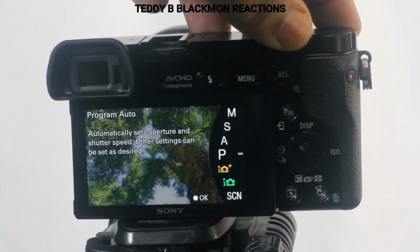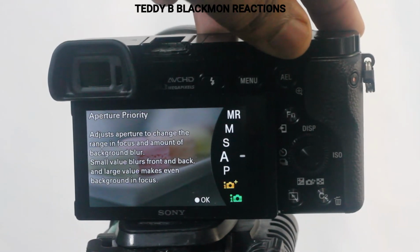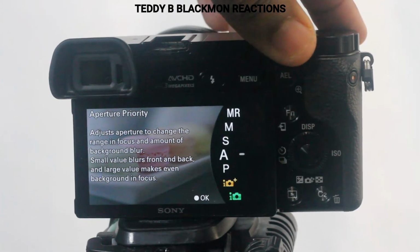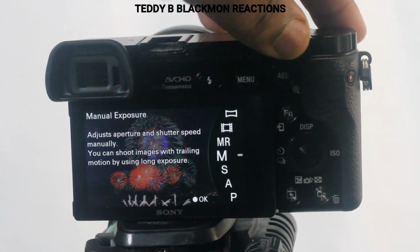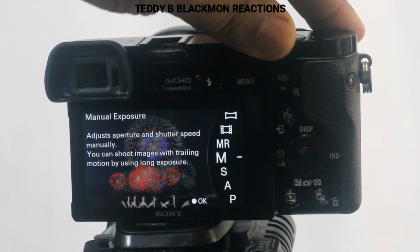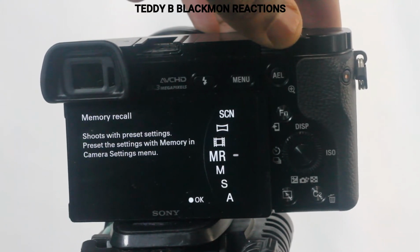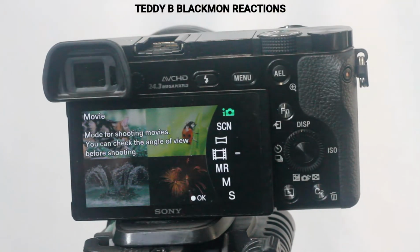Program auto, which sets the aperture and shutter speed automatically for you. Aperture auto, which is the range of the background blur for your portraits and etc, etc. The shutter priority, which is the shutter speed from slow to fast. Manual exposure, which when you get to become a professional level photographer or experienced one, you'll probably be shooting the manual most of the time. Memory recall, which basically will save your settings that you use in previous shoots if you want to save it, or if you don't want to save it, it'll remember what you use to help you, you know, with a smooth transition